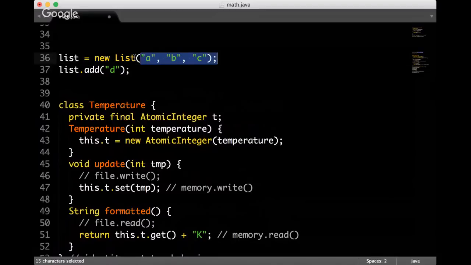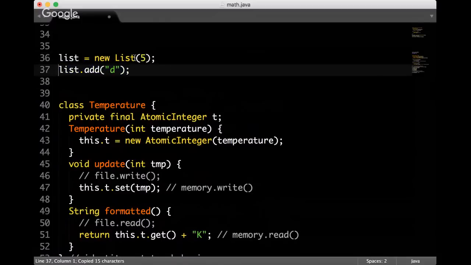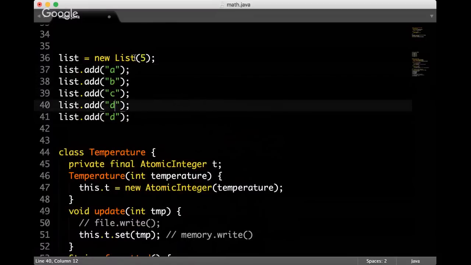If, let's say, we create a list and say, hey, you're gonna have 5 elements inside, and then we say A, B, C, D, something like that.